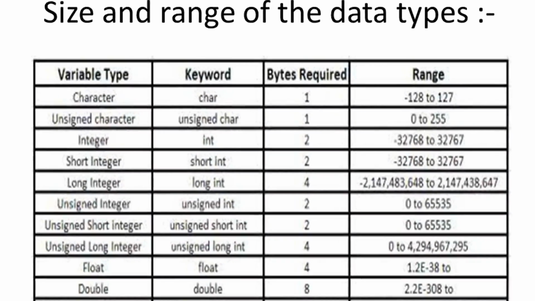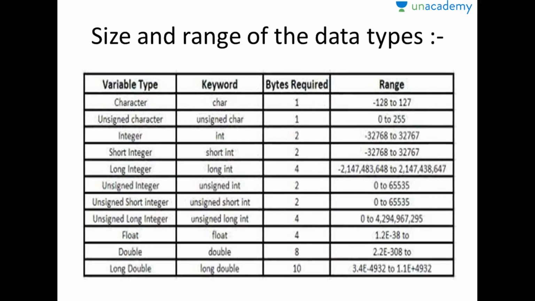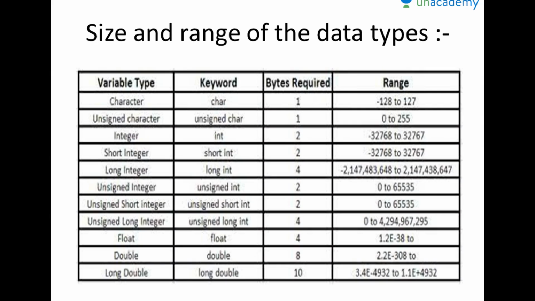I am having every data type like character, unsigned character, integer, short integer, long integer, unsigned integer, unsigned short integer. Unsigned I have also told you. Long and short I have also taught. They come under qualifiers: how we can alter the primitive or fundamental data types. Alter means alter the size, alter its features. Like if I want only positive numbers or only negative numbers, for that we can use signed, unsigned.